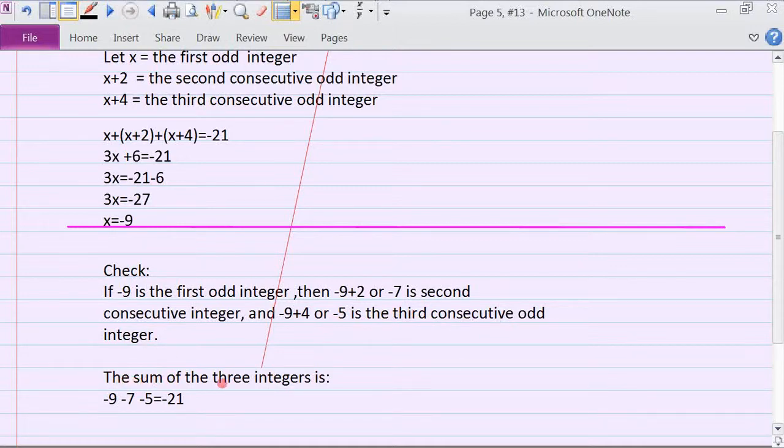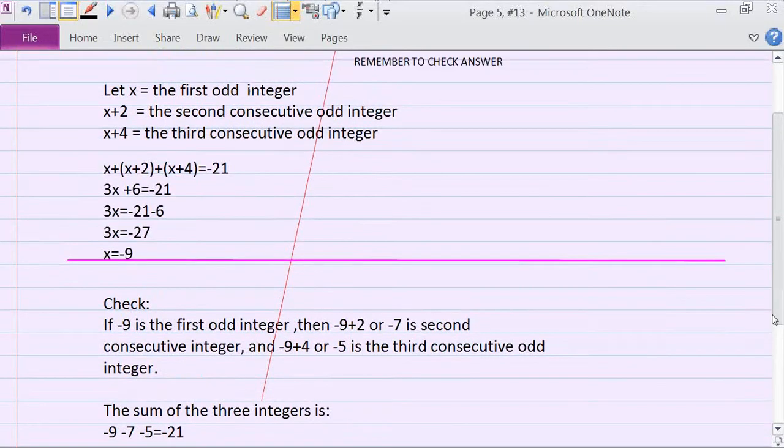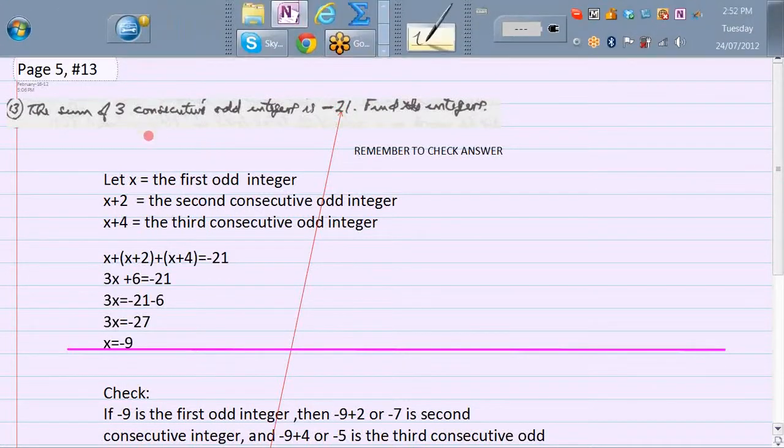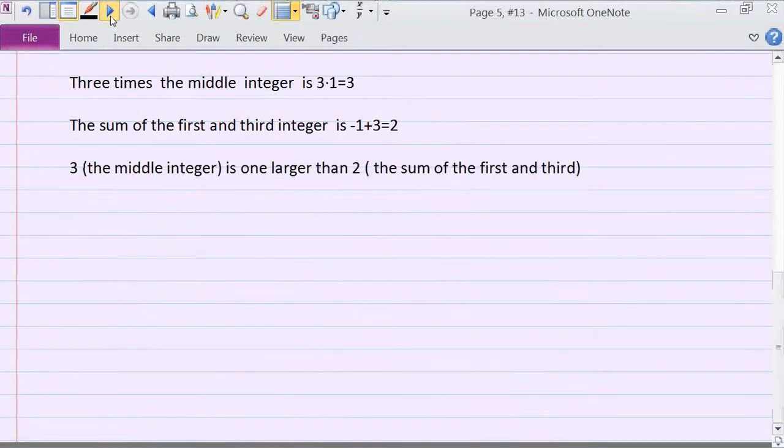So the sum of these integers, let's check them out. Minus 9, minus 7, and minus 5 sum to minus 21. And that's exactly what the problem indicates, so this answer is correct, because we get the sum of these 3 consecutive integers as minus 21. Okay, let's go to the next problem,